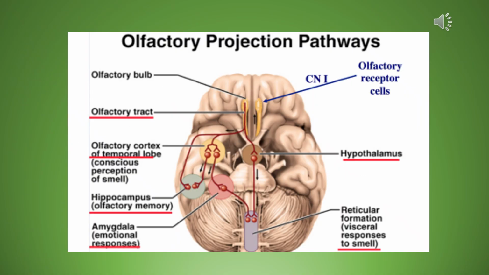Okay, this illustration is a little bit busier than I would like for it to be, but that's okay. I think you can do it. So once we have the axons of the mitral cells exiting from the olfactory bulbs, then we are in the olfactory tracts. We are going directly to the olfactory cortex, which is the very bottom noodle, the inferior gyrus of the temporal lobes. So this is where we perceive that we have smelled something.